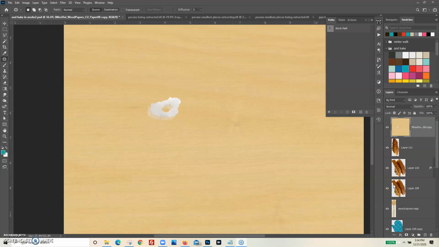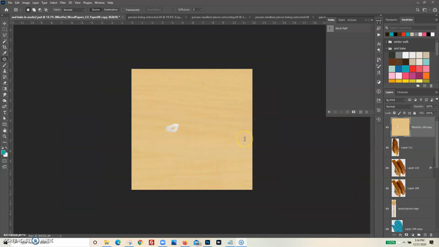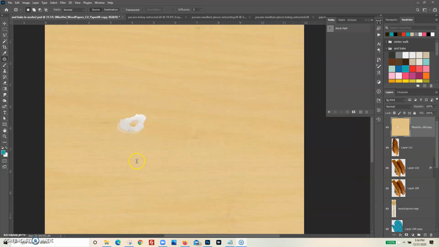So Taffy, let's talk a little bit about how to fix background issues so you have something good to place your headdresses on. I made a little white smear here on this wood paper, and let's work on getting that. And the first thing we'll try, let's go over to the patch tool over here. That's that one there, kind of looks like sewn around it,